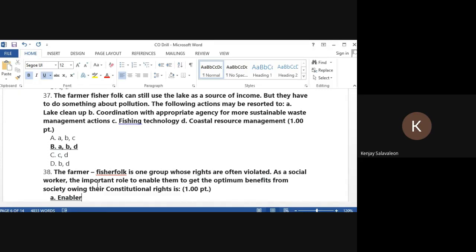Obviously, hindi kasali yung fishing technology sa ating option because fishing technology has something to do about harvest, but we are trying to address the problem of pollution. Not unless it is pollution technology or